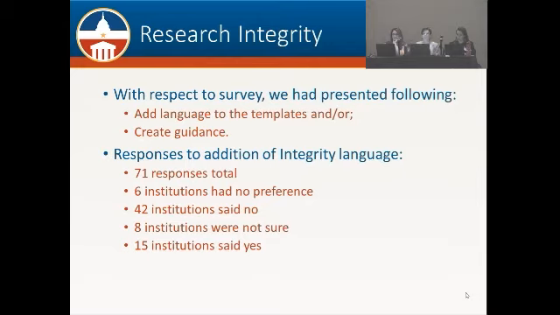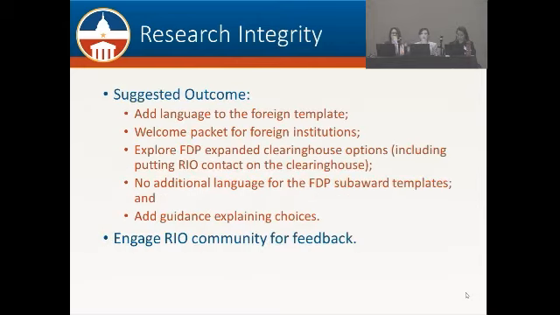So based on that and based on our conversation with the RIO, these are our suggested outcomes. That we look at adding some language to the foreign template for 2019.